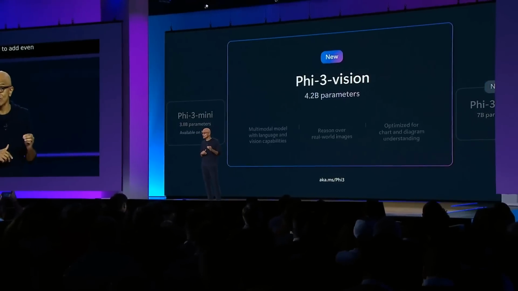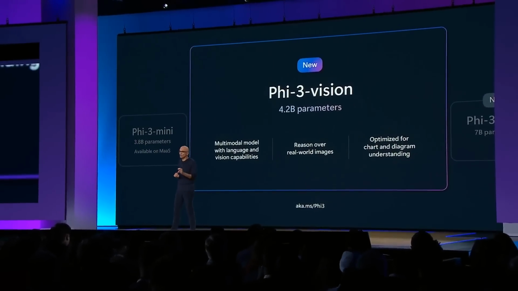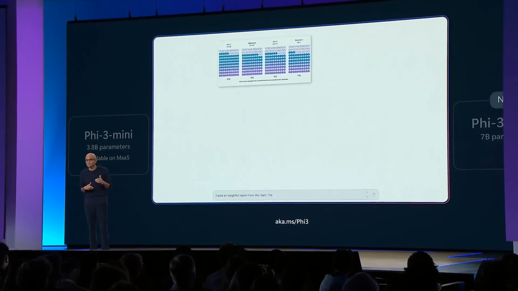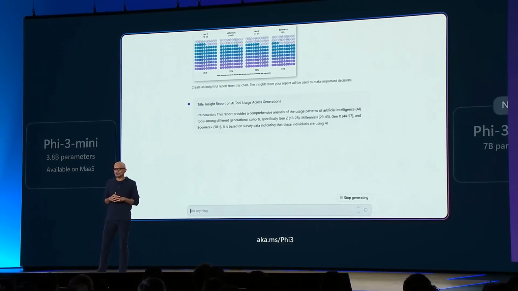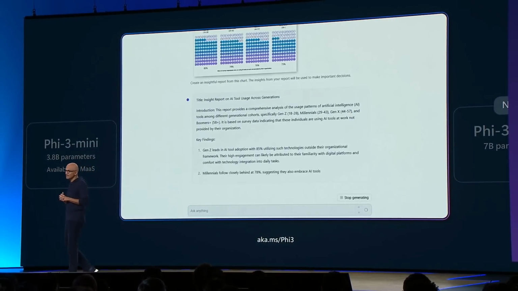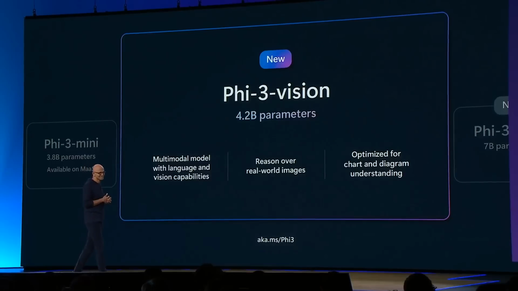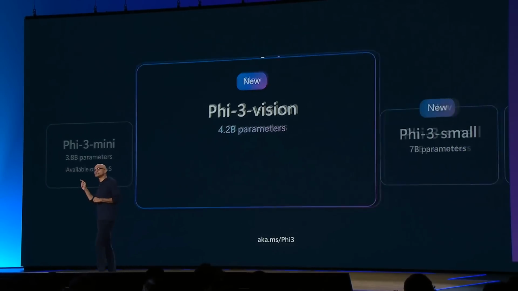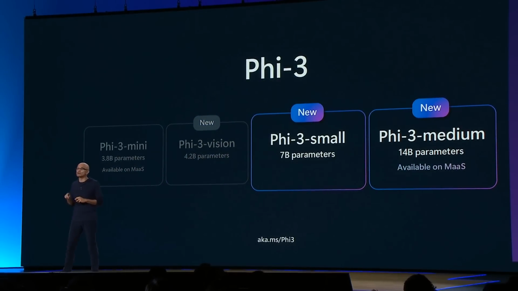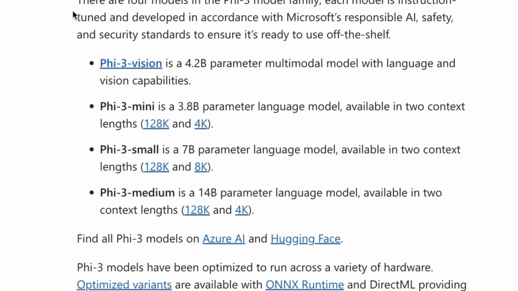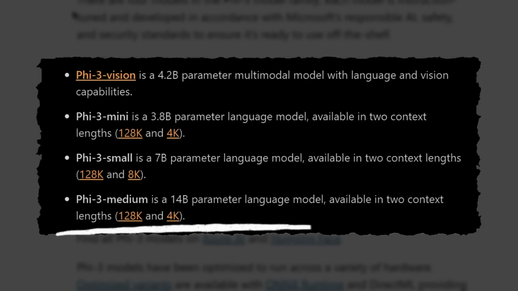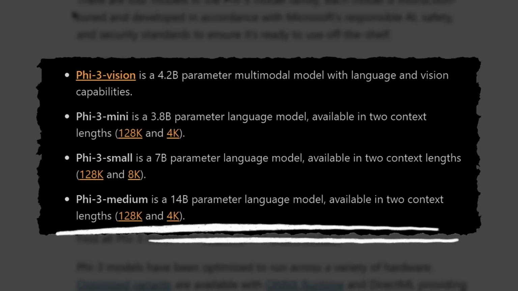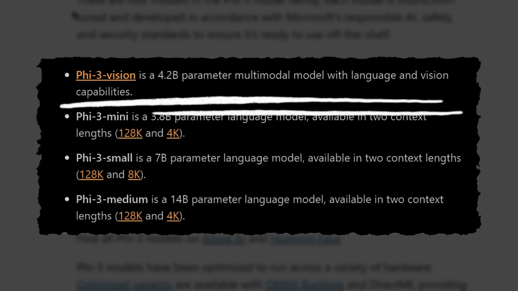Specifically, the one I'm going to focus on today is the Phi-3 Vision model. They really have turned this into a family of models. You've got everything from the really tiny ones, like what they had in the past, to the Phi-3 mini, which is now 3.8 billion. I guess it doesn't seem that mini anymore compared to some models out there. The Phi-3 small is 7 billion, and the Phi-3 medium is 14 billion. But the one that I'm really interested in for this video is the Phi-3 Vision 4.2 billion